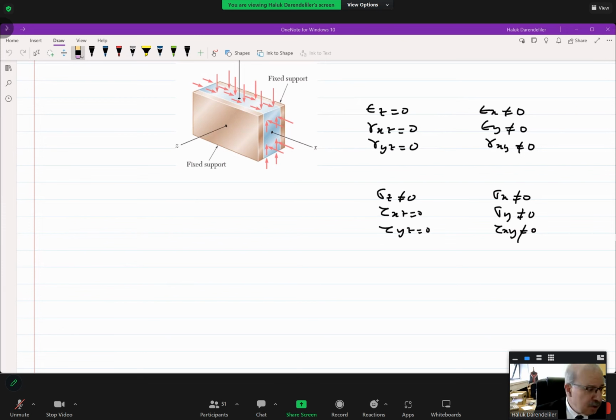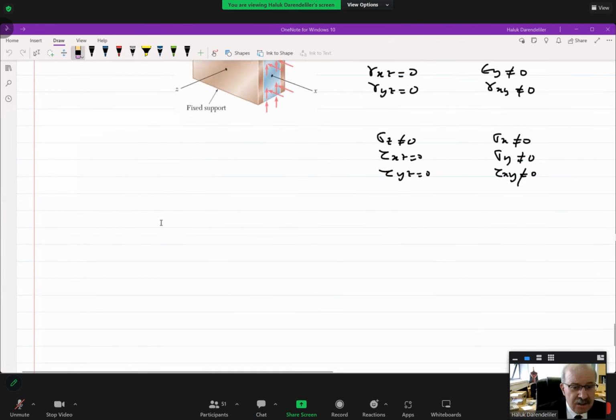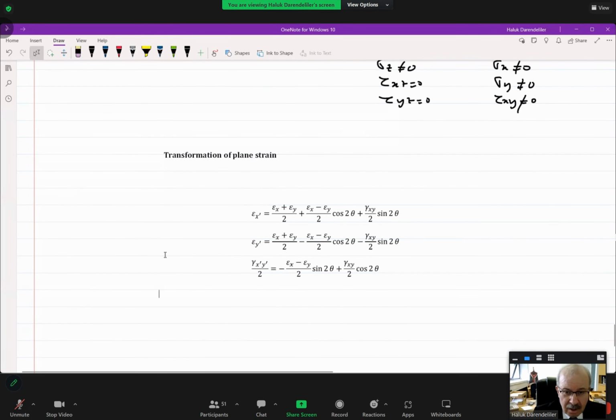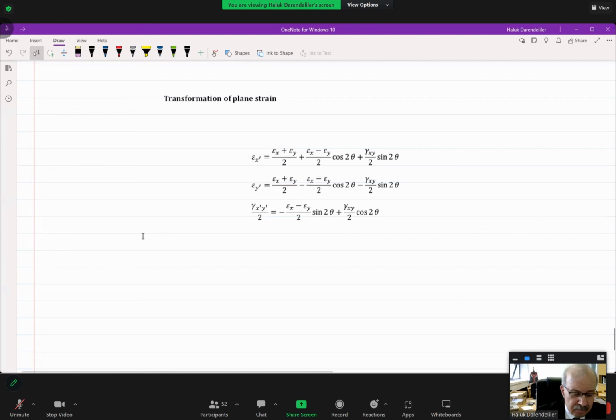Now, the transformation equations of plane strain. Let me tell you about that. The transformation equations of plane strain are the same as those for stress. I will not derive them. These equations are very similar to the equations that we obtained for plane stress. The only difference is this, because all tensors are determined in the same manner. So, from the stress transformation equations,